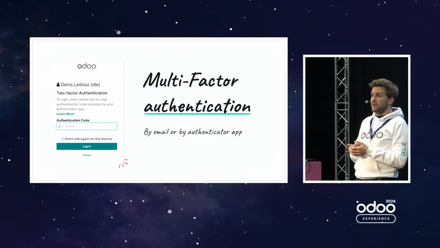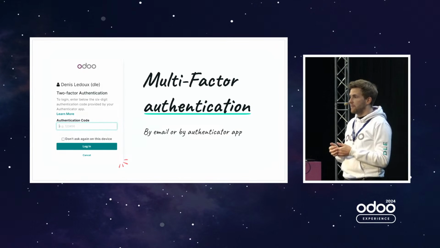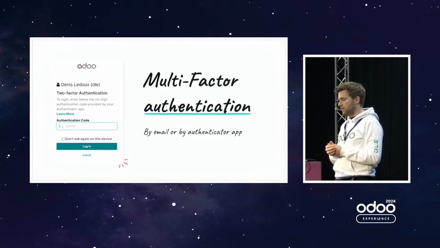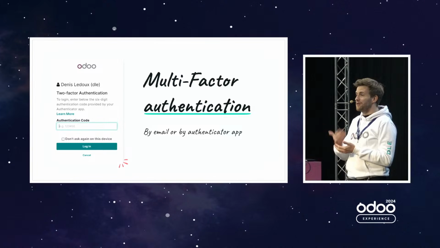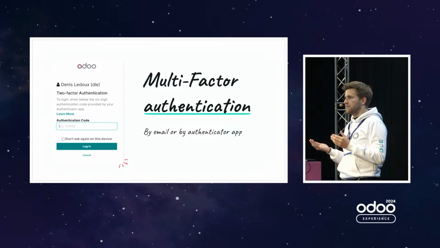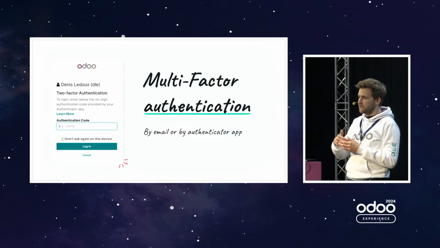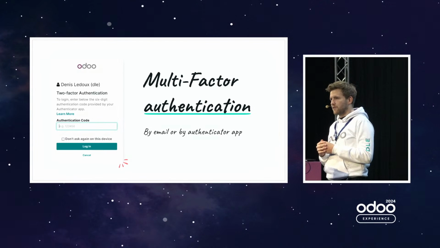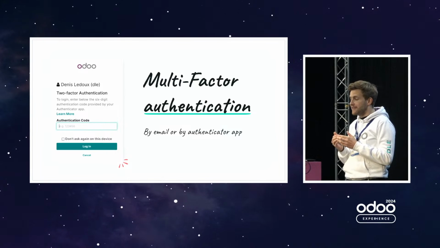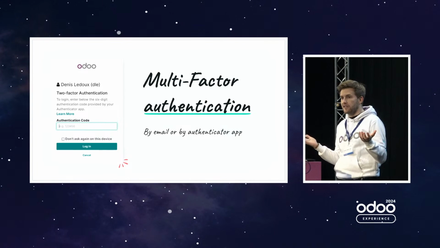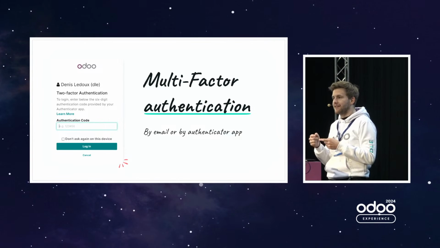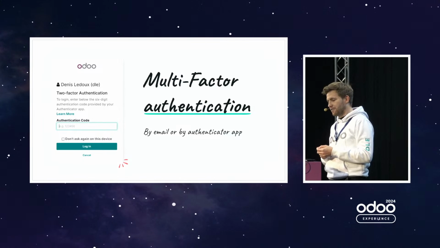A useful piece of info is that you can make it mandatory through email. By default, you can use an app like Google Authenticator, Apple Passwords, Bitwarden, and so on. But if you don't want to impose those apps on your employees, you also have the email TOTP. It will send a code to your email that you need to fill in on your login. And this is enough, because even if the password were the same between Odoo and the Gmail account, for instance, on the Gmail there is most likely two-factor authentication as well. So you wouldn't be able to access the Gmail because it's protected by two-factor authentication.